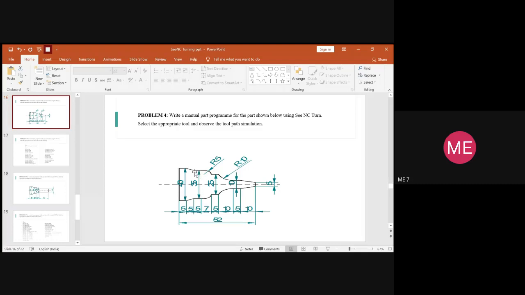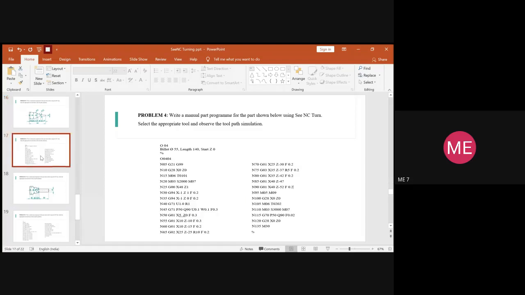After this, you have a linear interpolation and not a circular interpolation. But the diameter of the block remains the same. So you'll write X is equal to 35. But here 5 more value is added to your Z-axis. Previously, it was minus 37. So minus 37 and minus 5 gives you minus 42. So you'll write G01 for linear interpolation. X is 35, Z is minus 42. Then you will provide the feed rate.